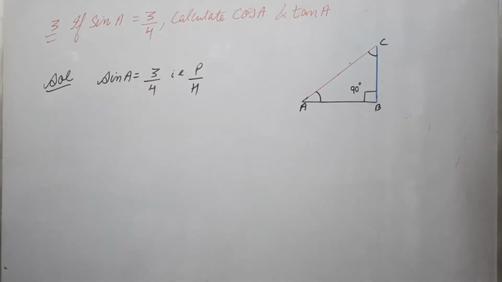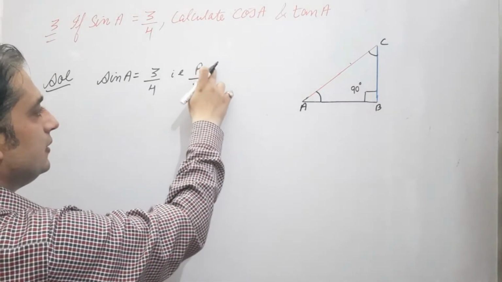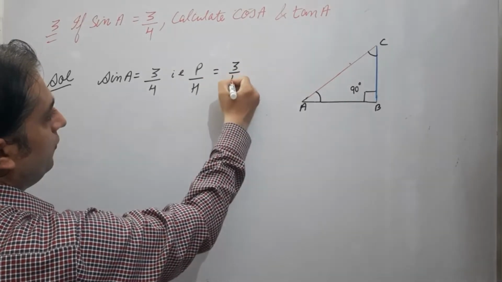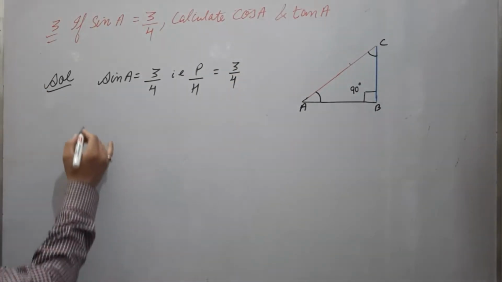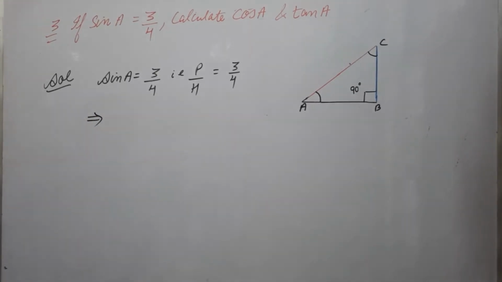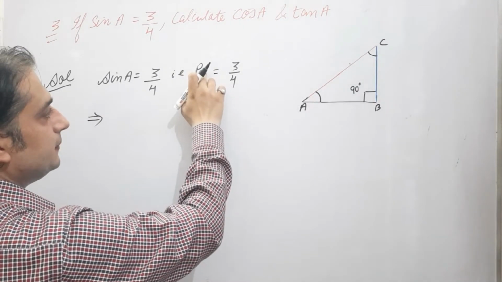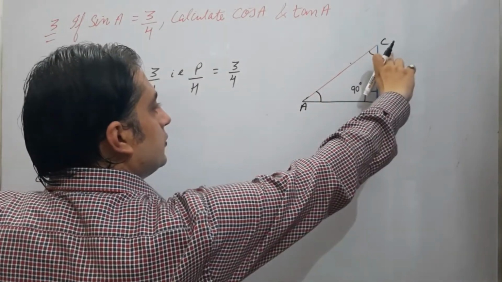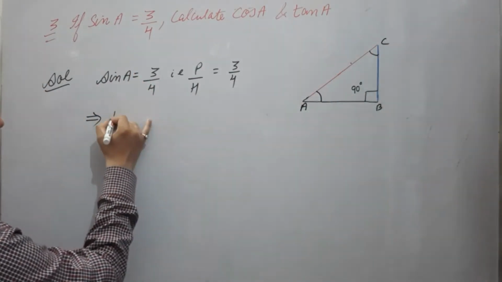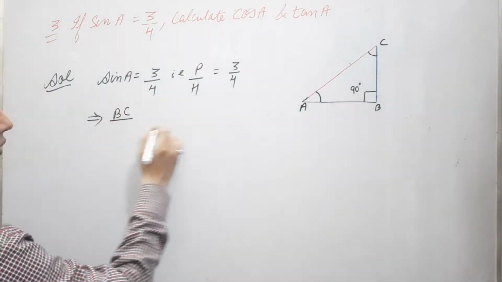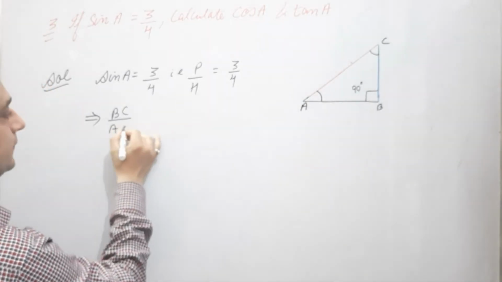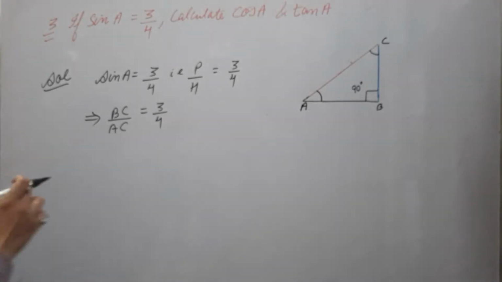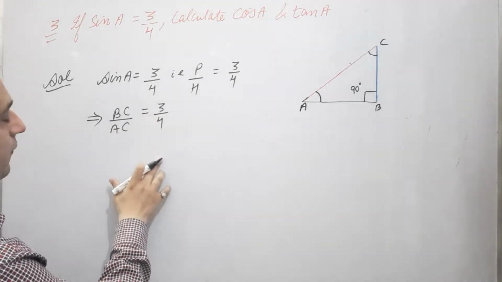It's a ratio of the two sides that is perpendicular upon hypotenuse, and you know very well the perpendicular and the hypotenuse. Perpendicular side opposite. So this is 3/4. It implies, now perpendicular, denote the length. Perpendicular is what? For angle A. Angle A is here, the opposite side is here. So BC, the length of the side, that is BC upon hypotenuse, the longest side, AC. So the ratio of the two lengths, BC and AC, is 3/4, right?